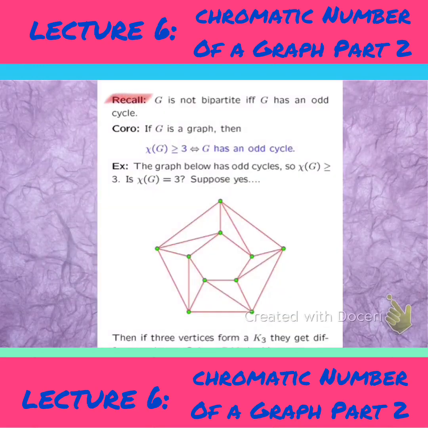Right, so recall, G is not bipartite if and only if G has an odd cycle. Remember that result. A graph can only be bipartite if it has no odd cycle. So a consequence of that result is that the chromatic number of a graph is at least 3 if and only if G has an odd cycle. And again, if the chromatic number of G is at least 3,